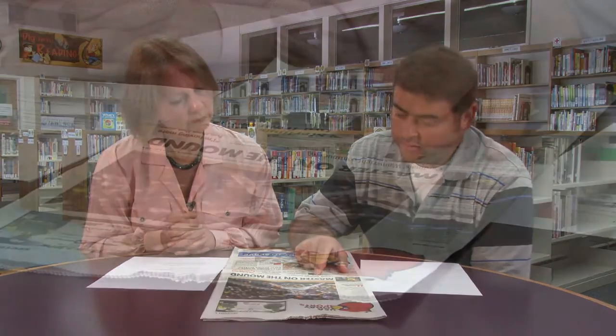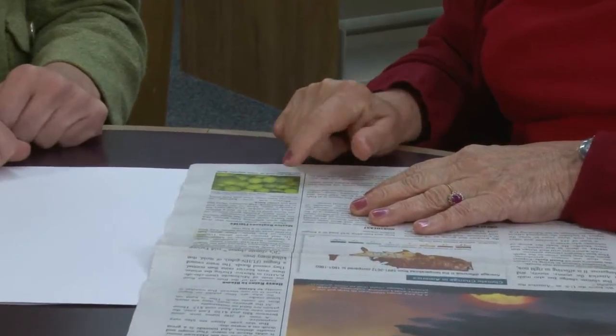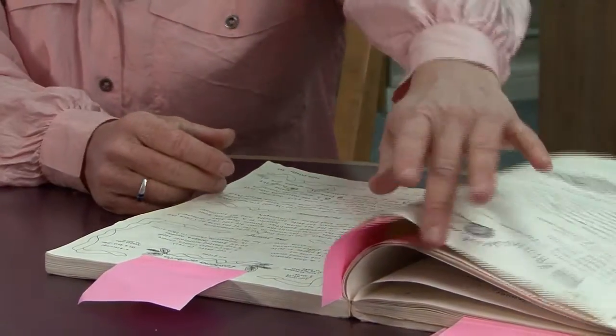So what's the title of this article? Master on the Mound. As a good reader, you automatically think strategically and actively to understand what you read. As a tutor, your challenge is to learn specific reading comprehension strategies to teach explicitly, one at a time, to your learner. By learning comprehension strategies, your learner will become aware of how to think in order to make meaning